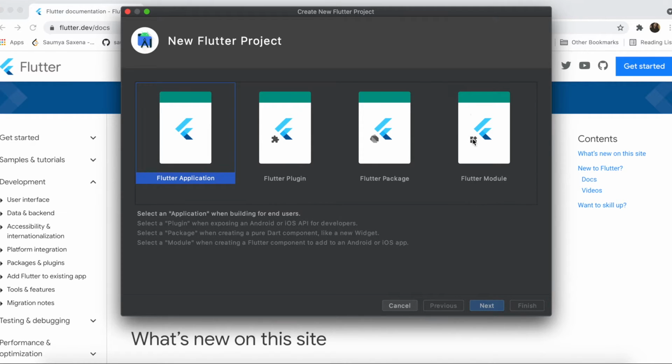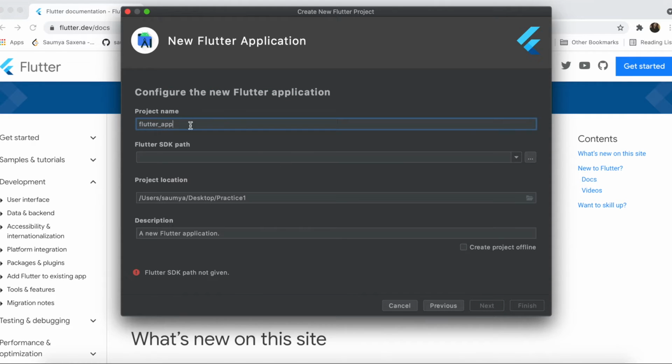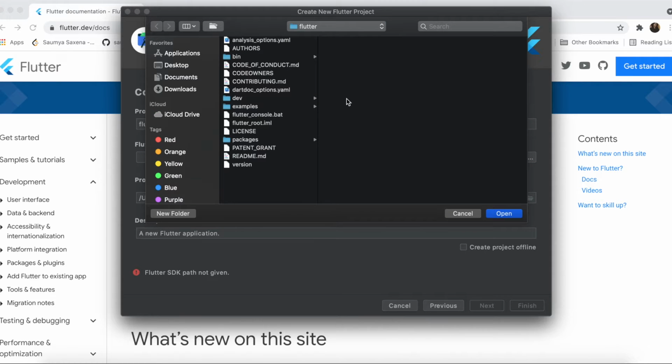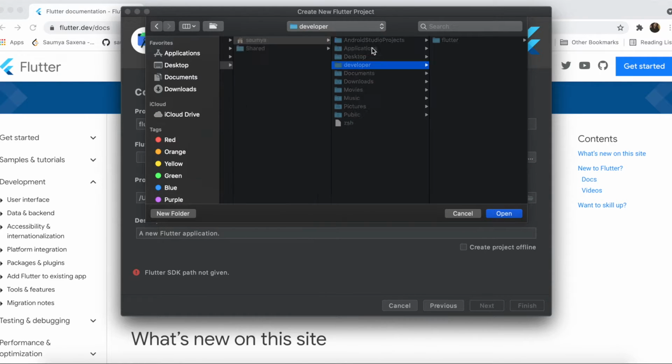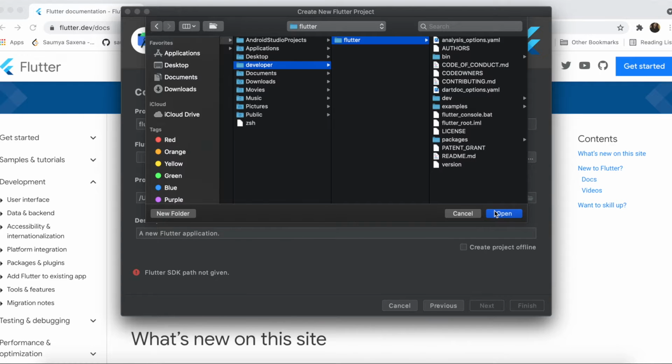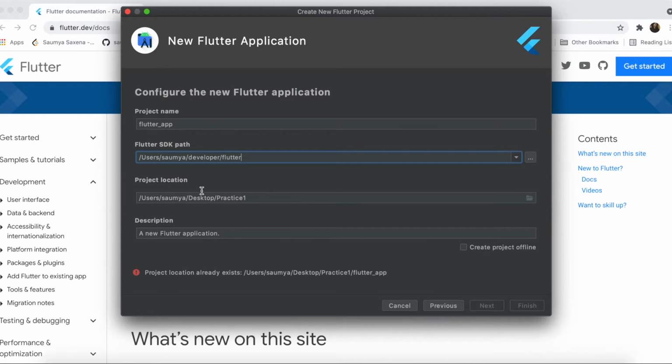You don't have to go to all these things, just click on this Flutter application, click next, give the project name and your SDK path. Suppose mine is Flutter app and I'll give the SDK path. The SDK path is what we have set up in the installation, which is your developer folder and then Flutter. So just give this path. This is your project location.